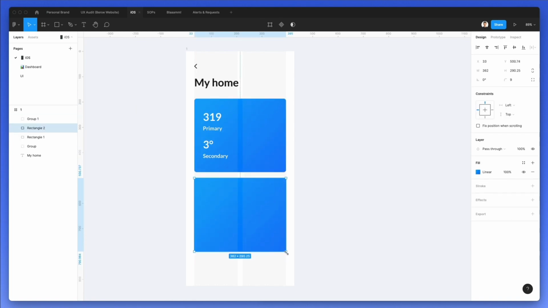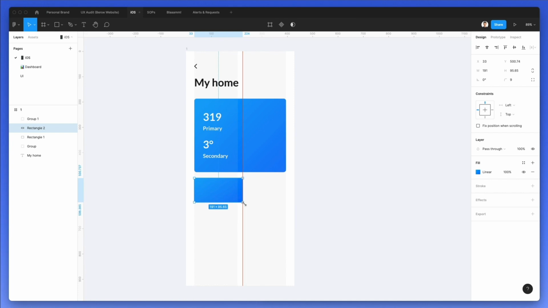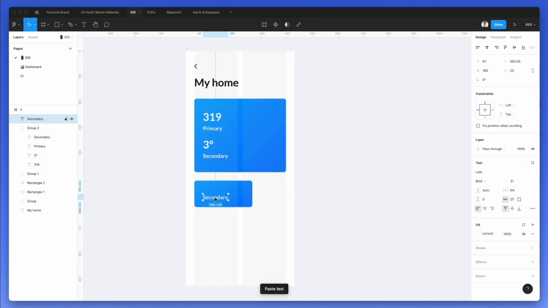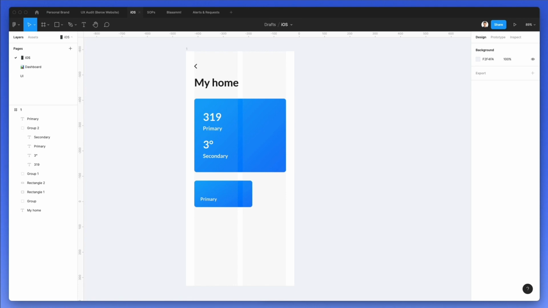It's time to duplicate this element one time. I'm going to stretch it outside of the grid, and I'm going to give it some extra padding below. Now let's duplicate also this element. Let's bring it over here. Let's just write primary. Let's make it smaller. We're going to give it 2 icons